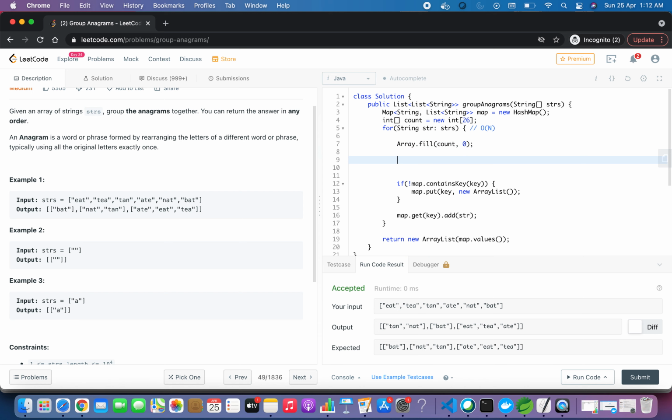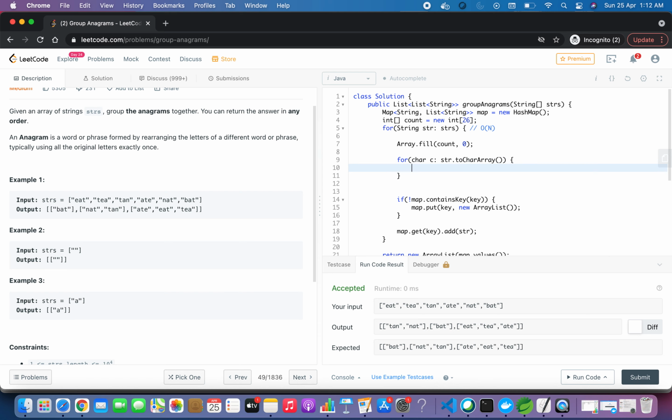Then we have to count the frequency of all the characters in the string. So we'll take a char c, and convert the string to a character array, and increment the frequency: count[c - 'a']++.